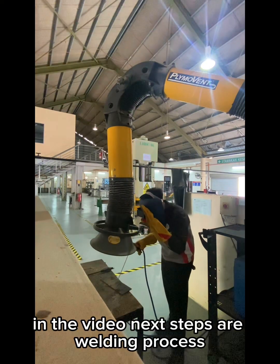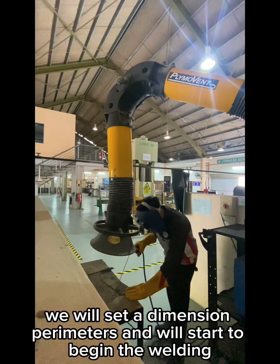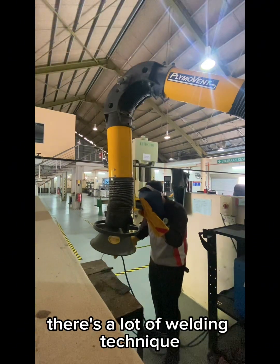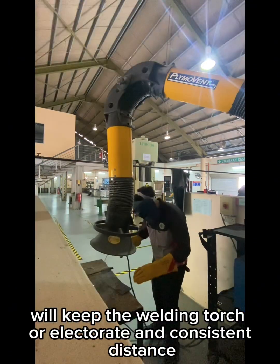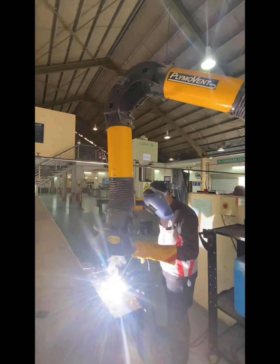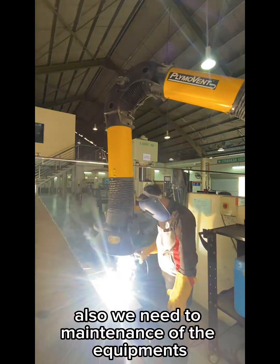Next step is the welding process. We will set the machine parameters and begin the welding. There's a lot of welding techniques. We'll keep the welding torch or electrode at a consistent distance. Next is post-welding inspection. Also, we need maintenance of